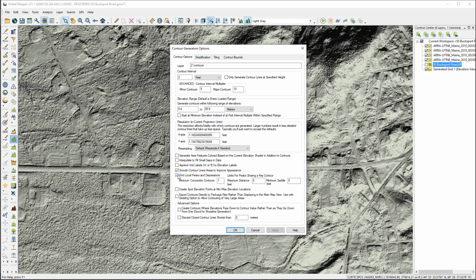But this is good if you're looking for highs and lows and have them mapped. Okay, so I'm going to uncheck that for now. But if you were looking to see where the highest and where the lowest was,